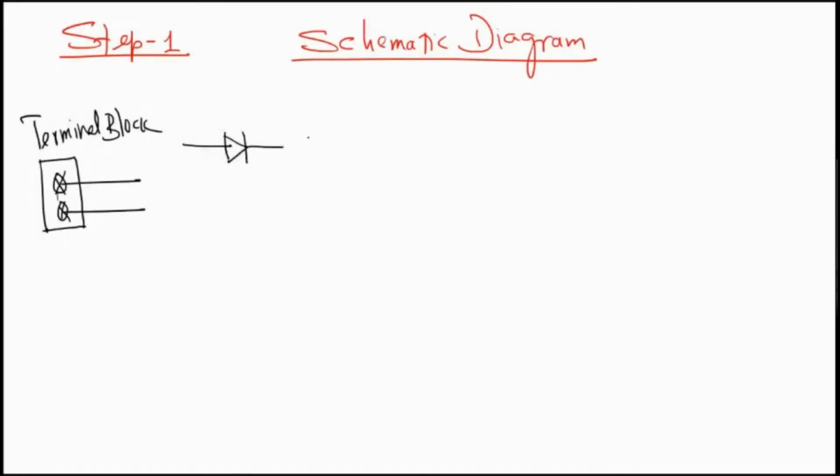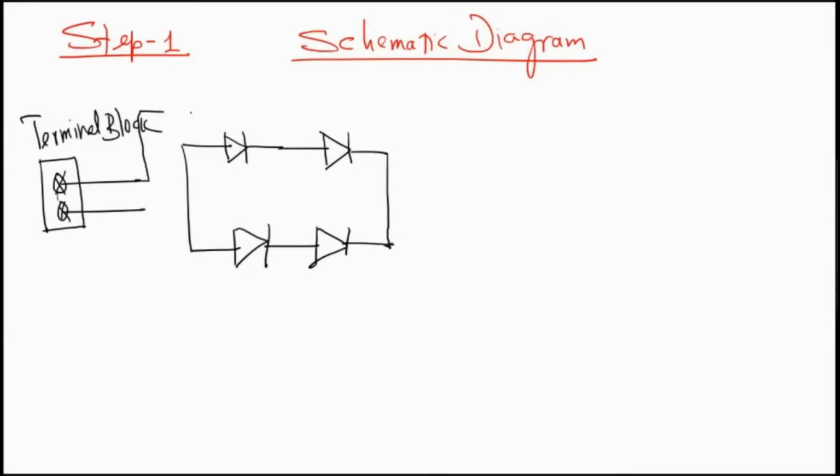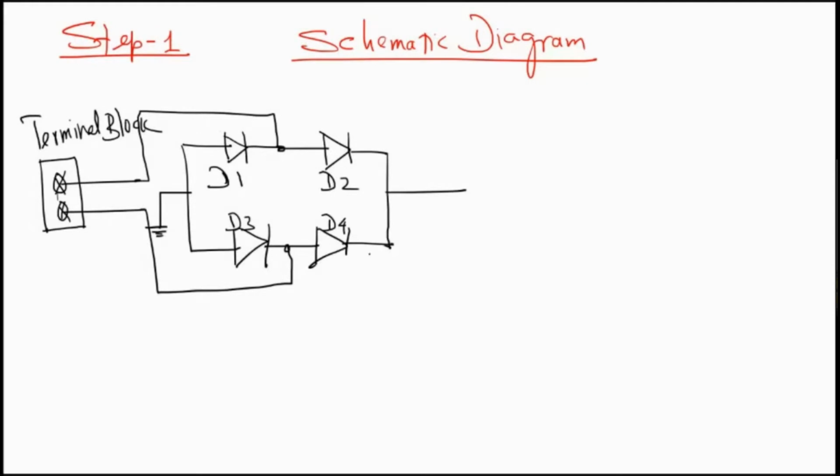A bridge rectifier essentially consists of 4 diodes. You put a small rectangle and connect the bridge rectifier in a rectangular format. Right. So the secondary of the transformer goes in the center of the rectangle. So this is my ground. This is my output of the bridge rectifier. So this is my D1, D2, D3, and D4. So you know how this bridge rectifier works.